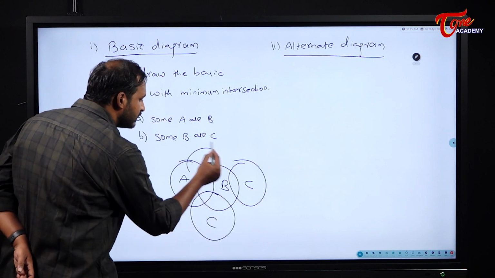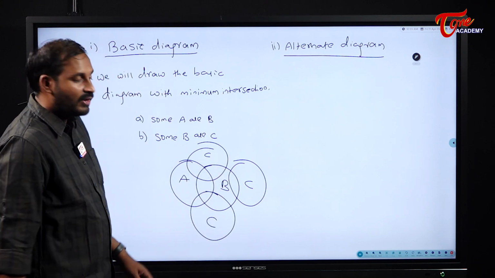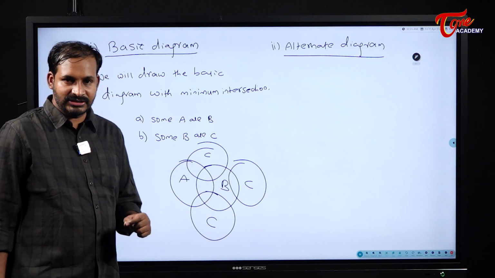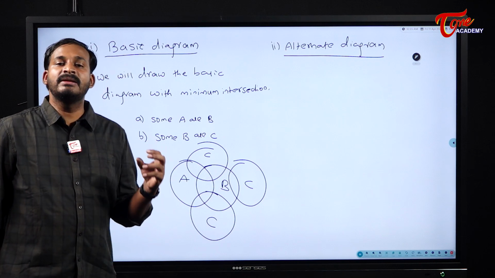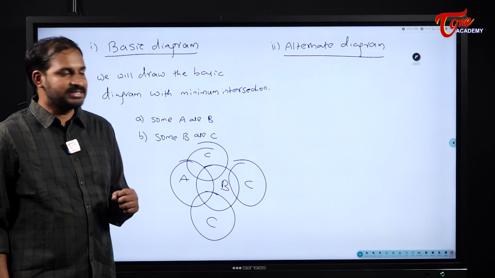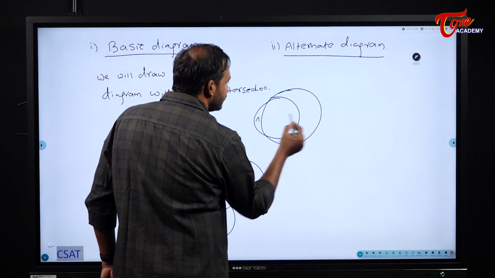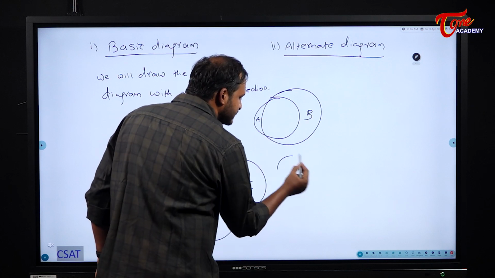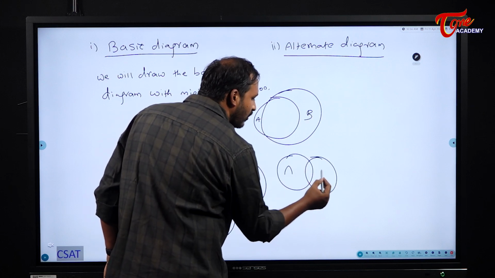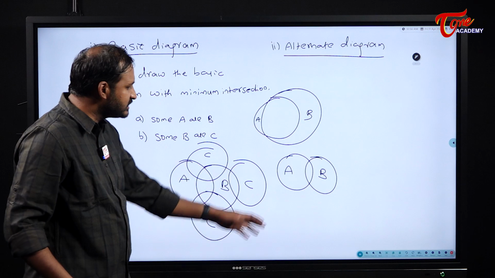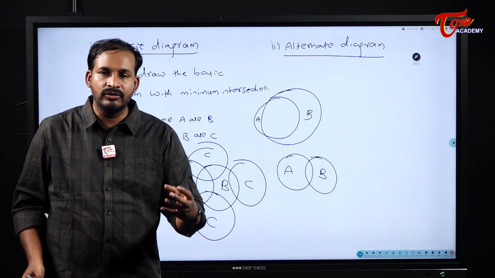I can draw here, there is no wrong in that. But while drawing the basic diagram, we will make sure that we will have the minimum intersection regions. Minimum intersection means, don't think that A and B, this is maximum intersection and this is minimum intersection. Not like that, not in these terms. Why? Because this diagram is drawn, already I have told you, just for our